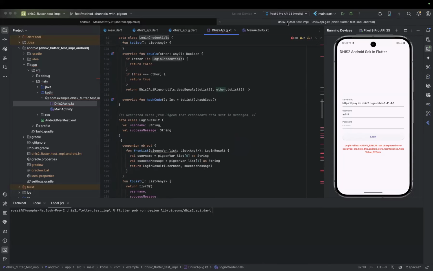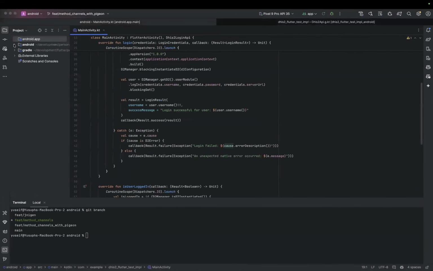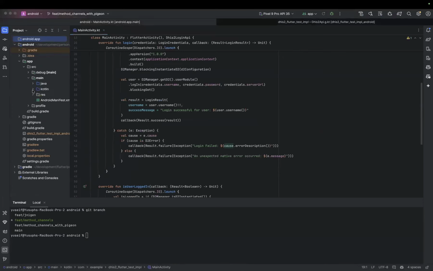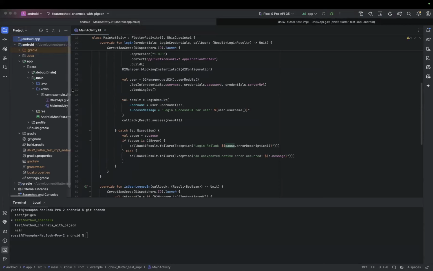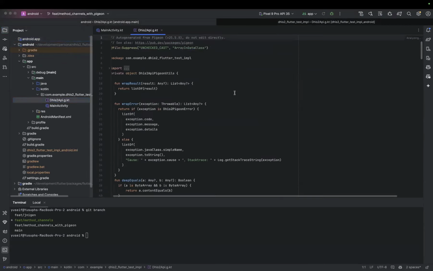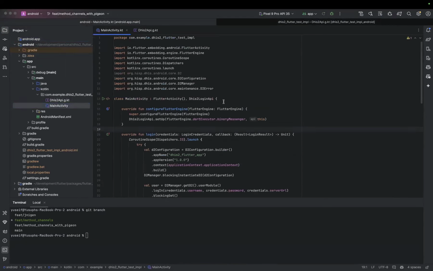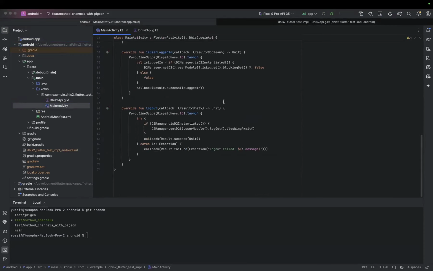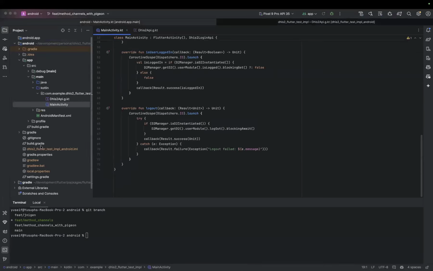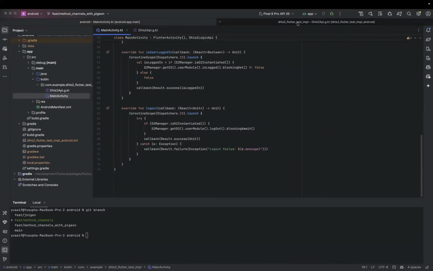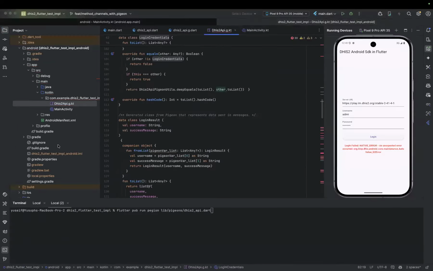So I'll move to the other side where I opened my Kotlin project to get autocompletion and to check if everything is well in place. We have our file generated here. So this is our main activity now. But before we take a closer look at the main activity in Kotlin, let's check how we have changed our implementation in Flutter from the previous implementation, the method channel without Pigeon.